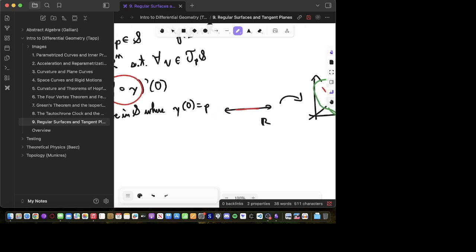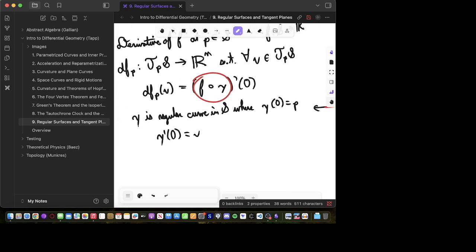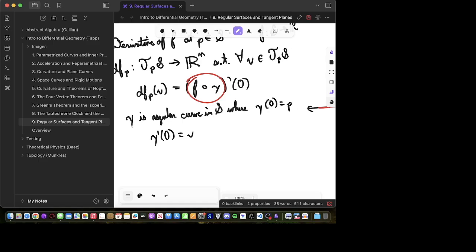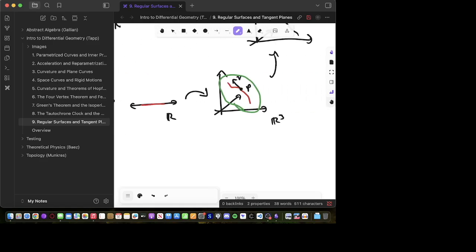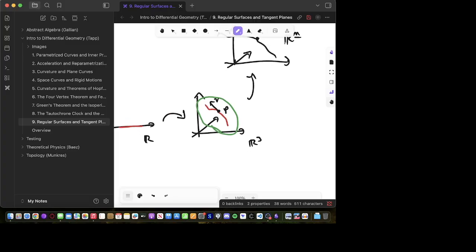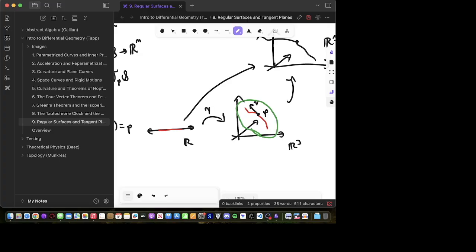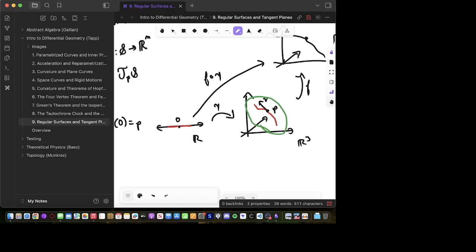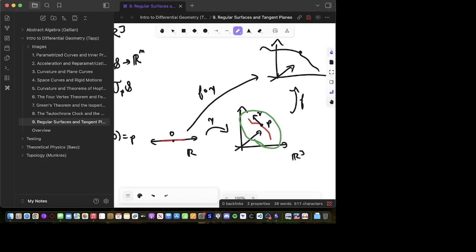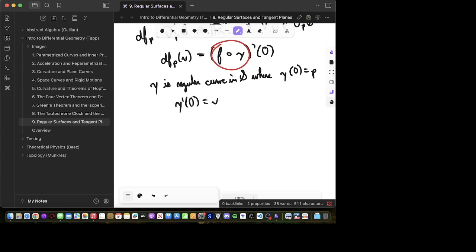So this is gamma, this is f composed with gamma, and the derivative is simply the derivative of this function at 0. So hopefully that was somewhat easy to follow. Maybe that cleared things up. Hopefully it didn't make it more confusing, but